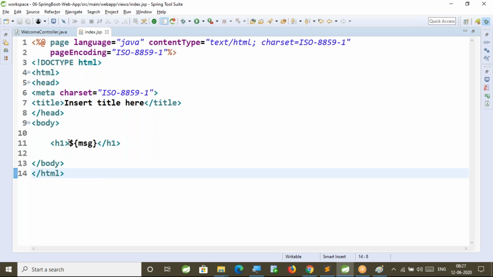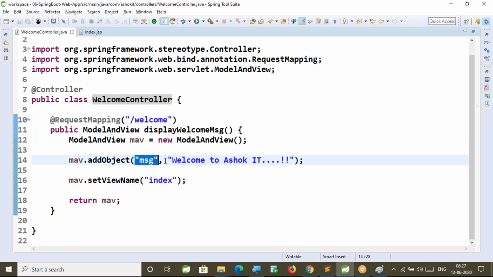It is something like map.get of key to get the value of that particular key. So message is the key which is holding this value, and that value we are going to get by using ${message}.